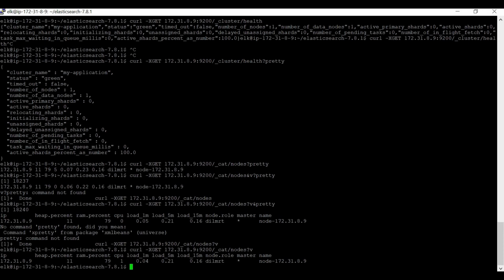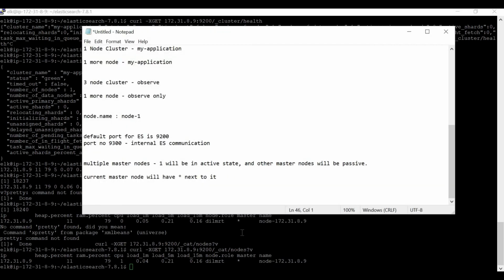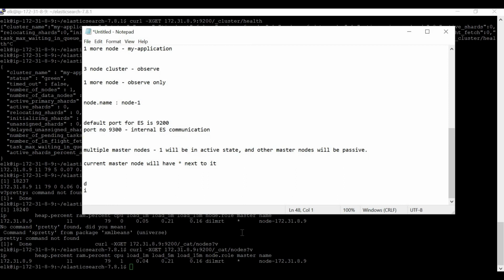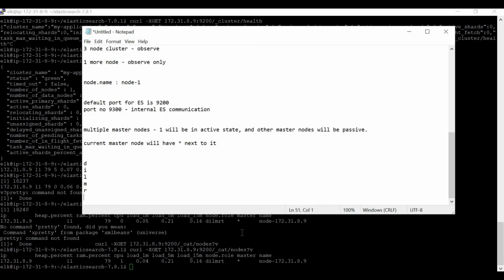Okay, DILMRT. So basically, D stands for data, I stands for ingest, L stands for, this is related to machine learning actually, ML, machine learning.